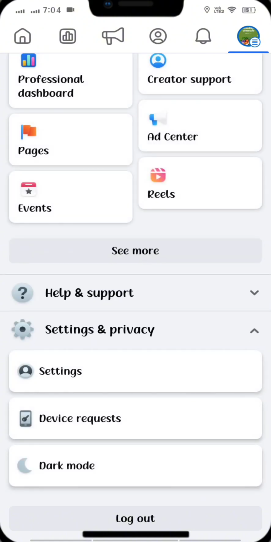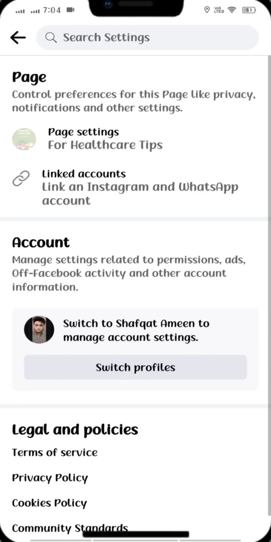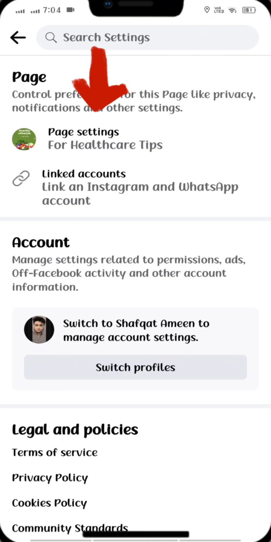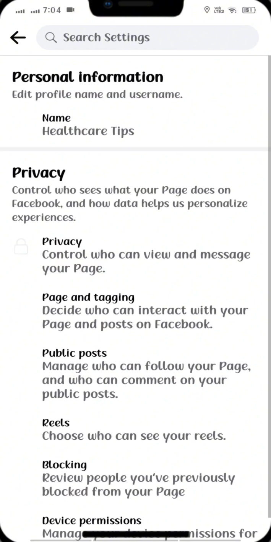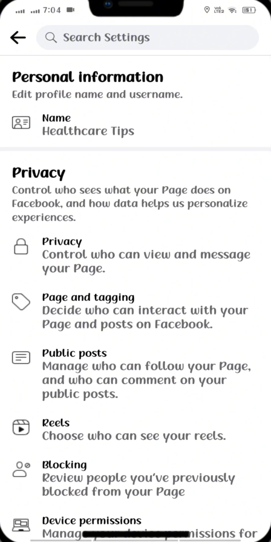Click on it, and then the first is settings, device requests, dark mode. So click on settings, and you can see that this is the page settings. Click on it, and in the front view you can see the name Healthcare Tips. Click on it